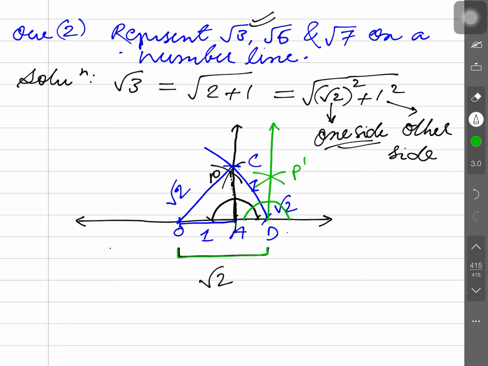Now you have to take one side as a unit. So again take OA equal to 1 unit, and take 1 here, cut an arc of 1, again join O to this point. Now one side is root 2, the other side is 1. So this hypotenuse is now coming as root 3. With center O, again construct here, and this is now root 3. Similarly, you can proceed with your activity further up to root 5, root 7.